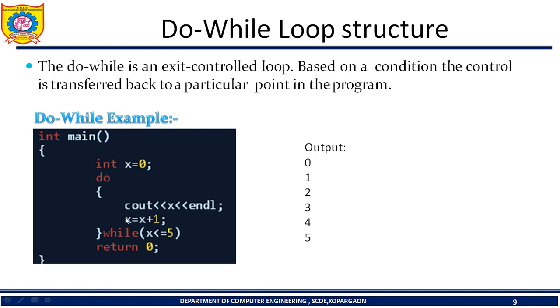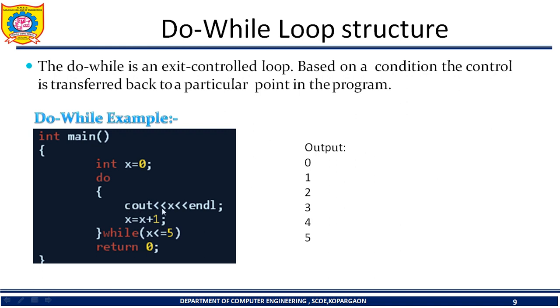Okay, the next statement is x equals to x plus 1. Right now the value of x is 0, 0 plus 1, x will become 1. Then the do closing statement is there. We are checking the while condition, whether x is less than equals to 5 or not. Right now the value of x is 1 and obviously 1 is less than equals to 5. Condition will be true. Again we will go to the do statement and we will be inside the opening bracket,